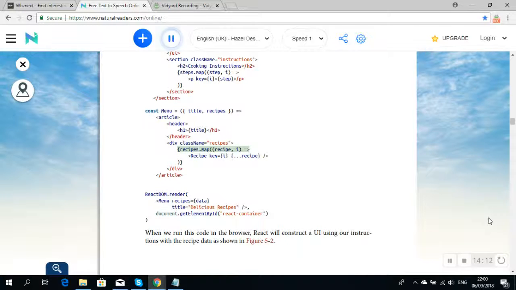{recipes.map((recipe, i) => <Recipe key={i} {...recipe} />)}. ReactDOM.render(<Menu recipes={data} title="Delicious Recipes" />, document.getElementById("react-container"))